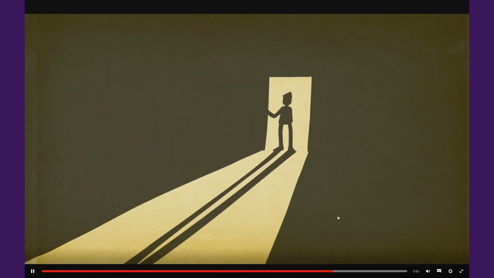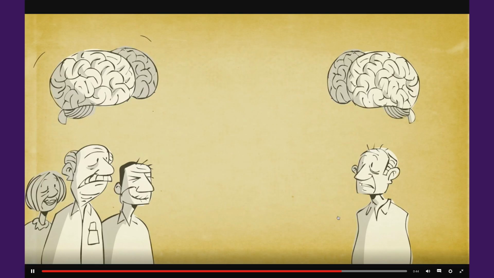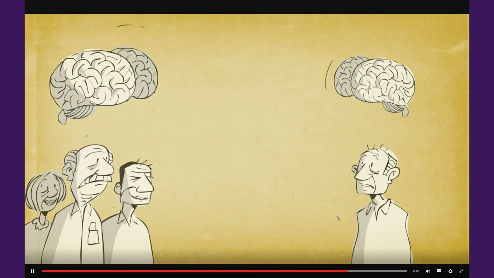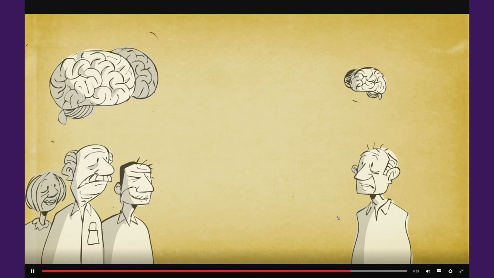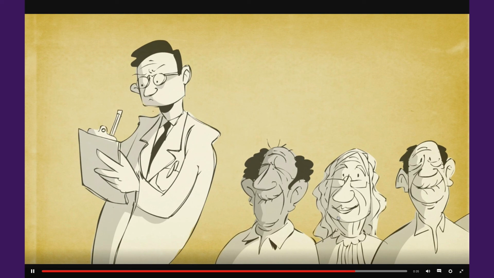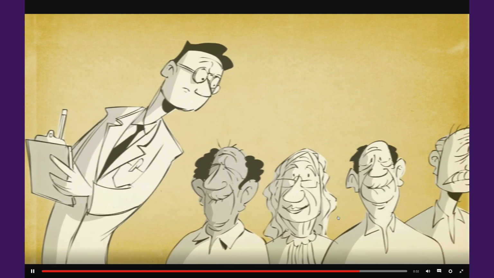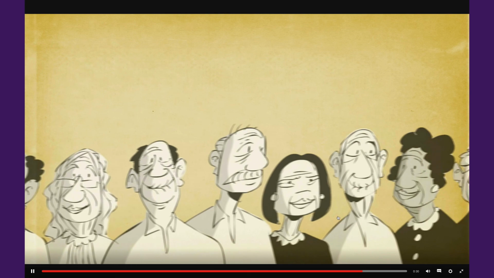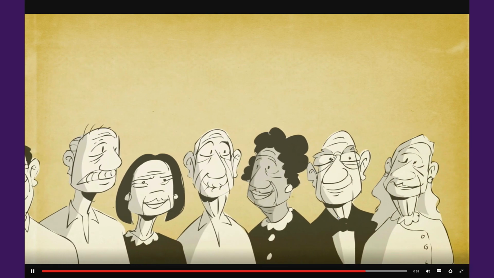Isolation, which is tied to depression, is another memory thief. A study by the Harvard School of Public Health found that older people with high levels of social integration had a slower rate of memory decline over a 6-year period. The exact reason remains unclear, but experts suspect that social interaction gives our brain a mental workout. Just like muscle strength, we have to use our brain or risk losing it.